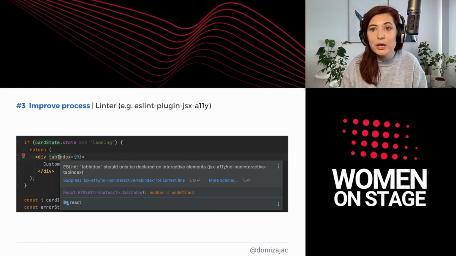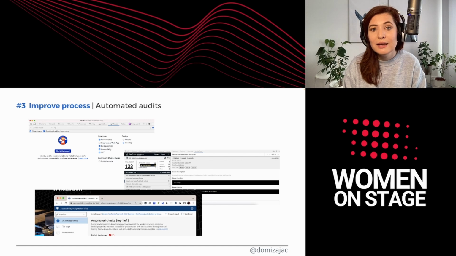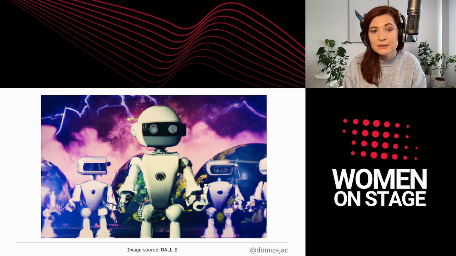I strongly recommend it, especially when you work with junior developers who just learn about good practices. So during coding, this linter will highlight problematic places and provide information why something is incorrect and, of course, how to fix that. And of course, as I mentioned earlier, perform automated audits on your web page.